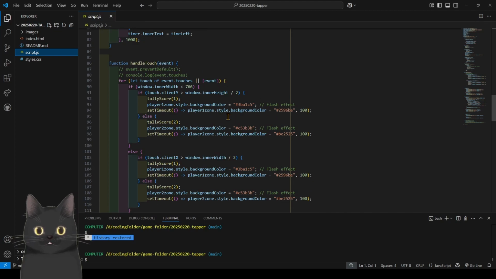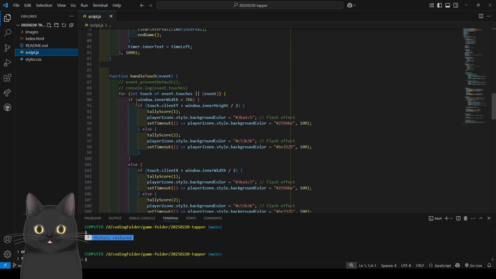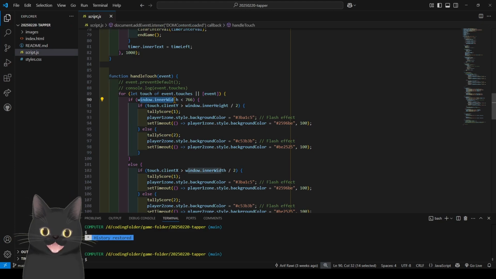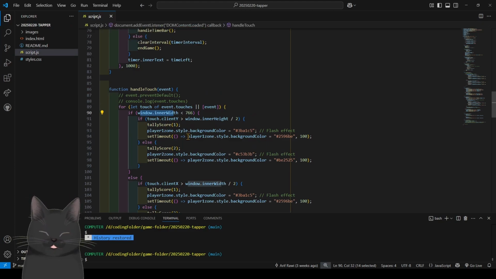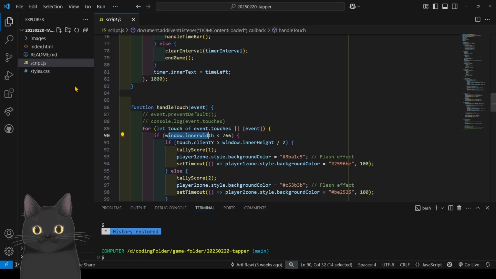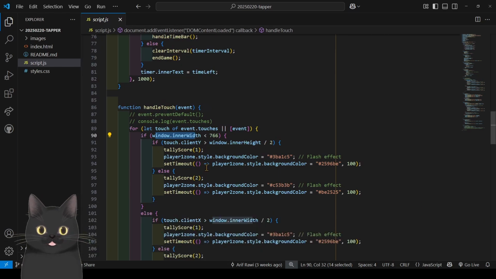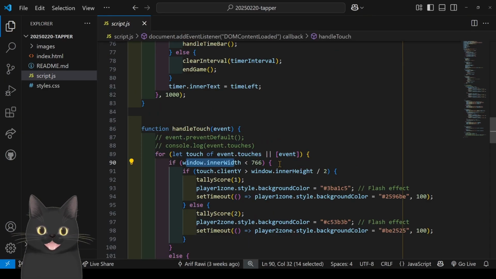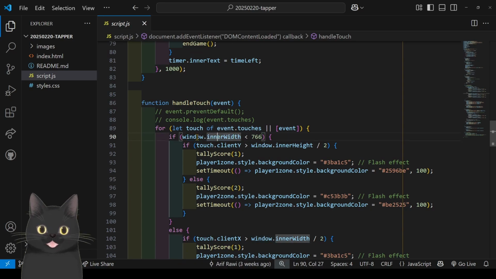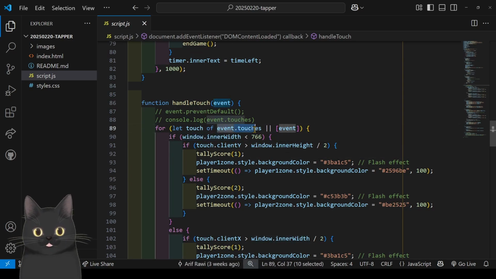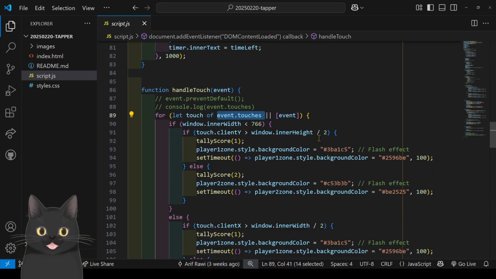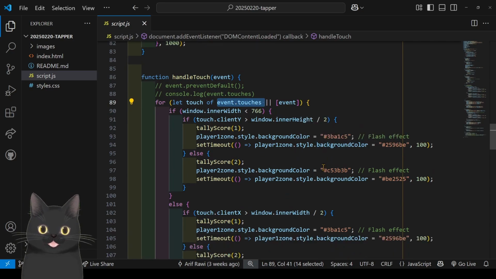You can see that you can calculate the window inner width. Let me just zoom in a bit more so everyone can see properly. You can check for the window inner width, and even check for event touches, and then once it detects the touch, where exactly on the